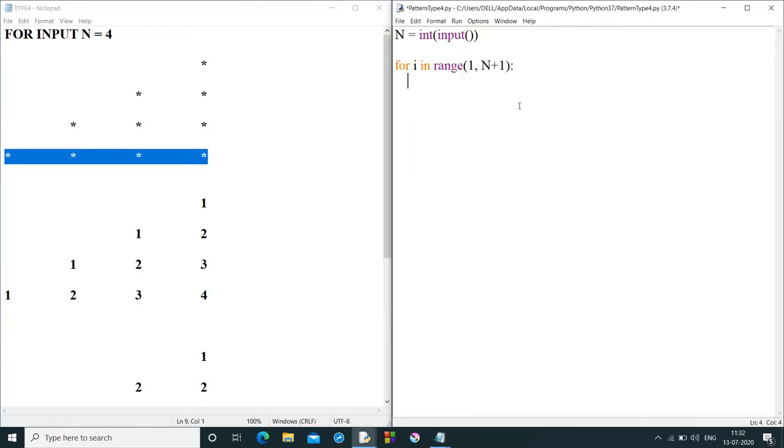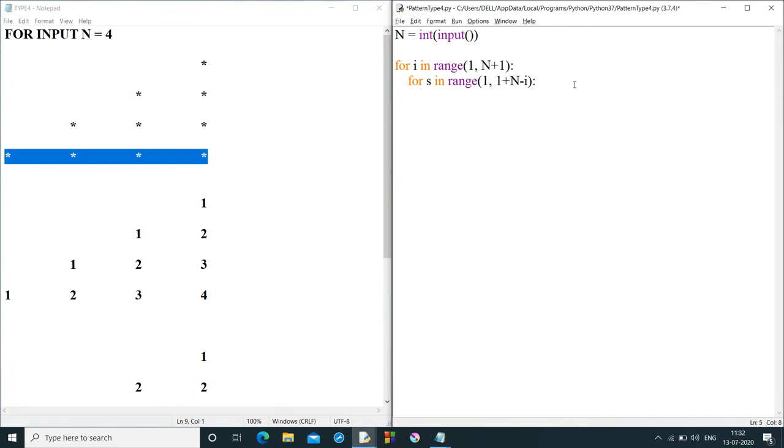So let's try to implement 2 for loops. As I am going to print spaces, I will take variable as s. For s in range of, you can directly write range as n minus I, or you can write range as 1 comma 1 plus n minus I. I suggest you to write for loop from 1, not from 0. Just as a burden you have to add 1 for the other range, like for the ending value you need to add one more 1 because you are starting from 1. But then I recommend to follow this pattern.